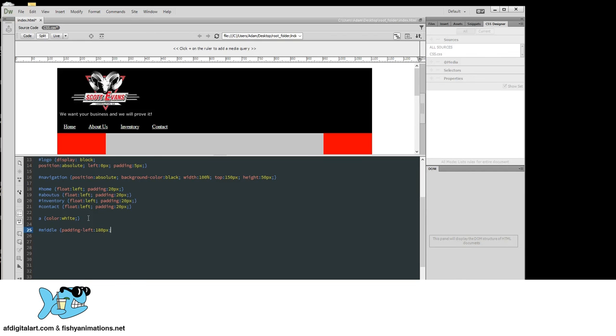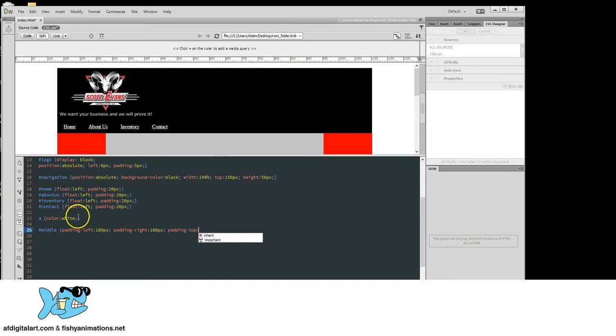And I'm going to add a semicolon to finish it, space bar, and then we're also going to do a padding hyphen right, and colon, 180 pixels, semicolon. And what that's going to do is, now Dreamweaver understands that the paragraph text inside this middle div is going to be 180 pixels from the left and the right, and it's going to allow it to align and transform based on the crunching of the web page. It's going to be pretty awesome. And then we also got to have padding-top,